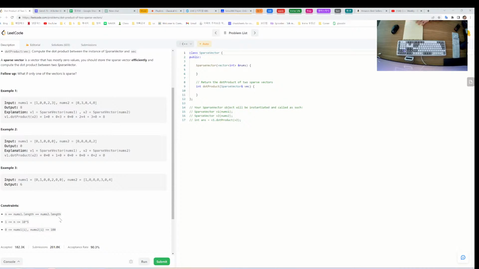So one thing we can do is, let's say that only this one is not 0. Then the index is i. So in this case we can only store this value. So first thing we can think is